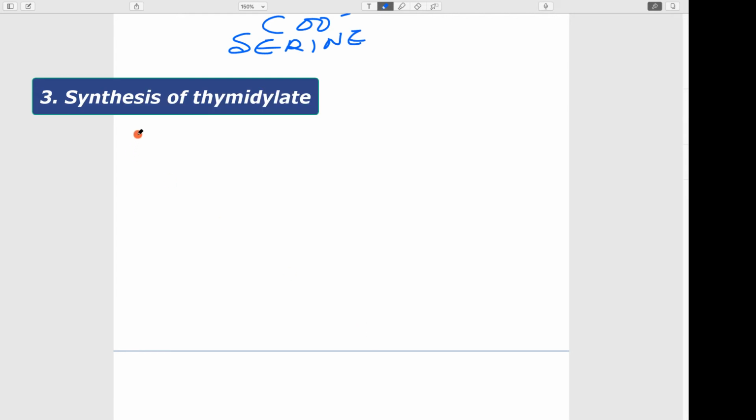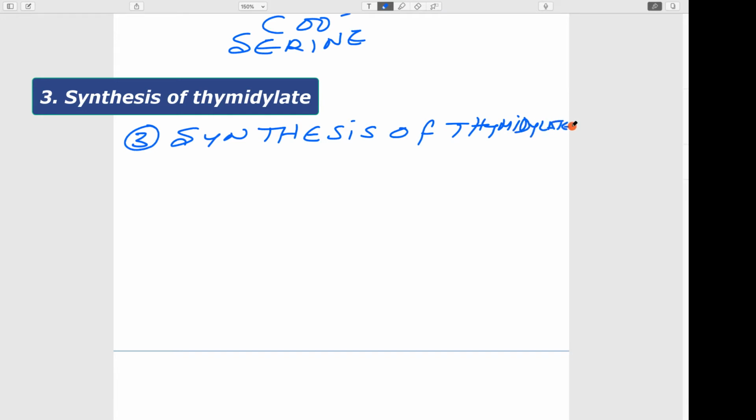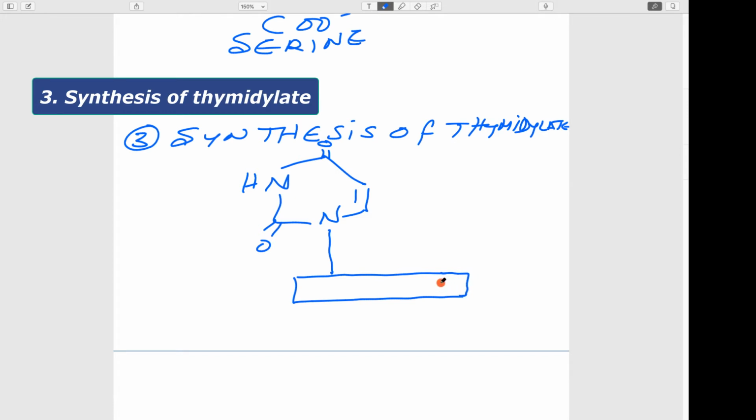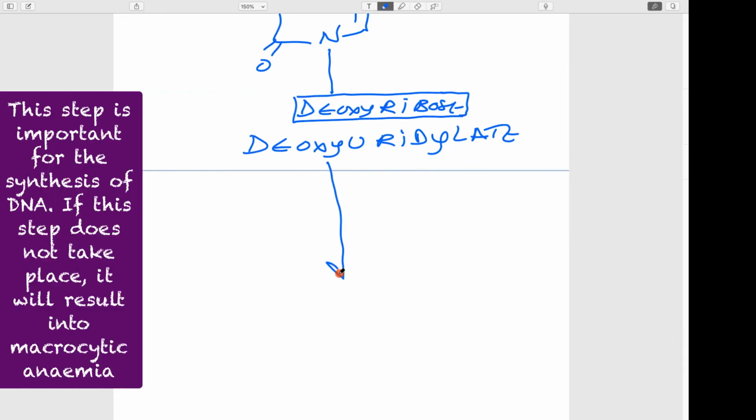The third one is the synthesis of thymidylate, thymine monophosphate. It is synthesized from uridylate, another pyrimidine nucleotide. Generally, uracil carries ribose when it becomes a nucleoside and later a nucleotide. Here deoxyribose is present, so that is the reason we call it deoxyuridylate. This deoxyuridylate, in the presence of thymidylate synthase,